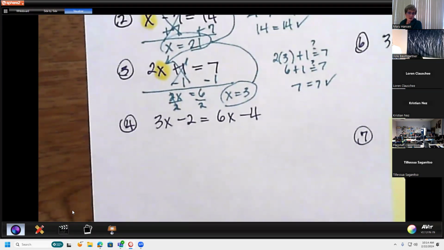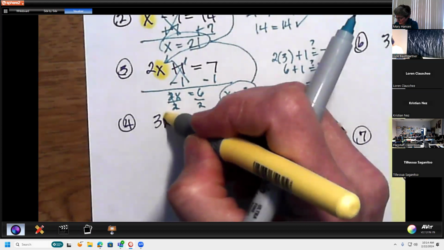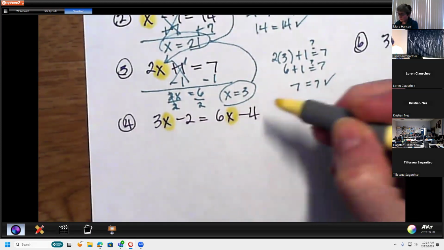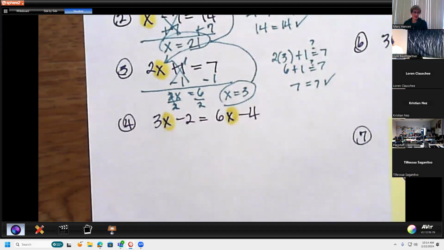Okay, number 4 was the kind of problem that we worked on Tuesday. And what's different about number 4 is that we have x's on the left and the right side of the equation. And so the first thing we want to do is get all the x's on one side of the equation or the other. Because in the end, we want x equals a number. And if we have x's on both sides of the equation, we won't get that